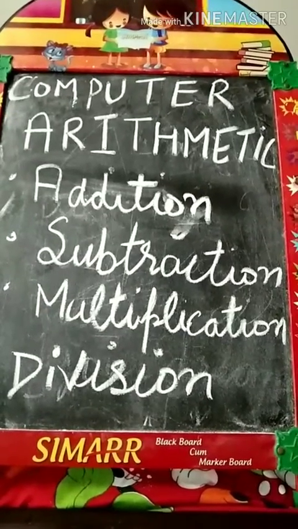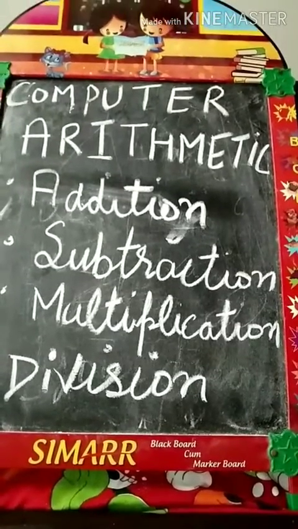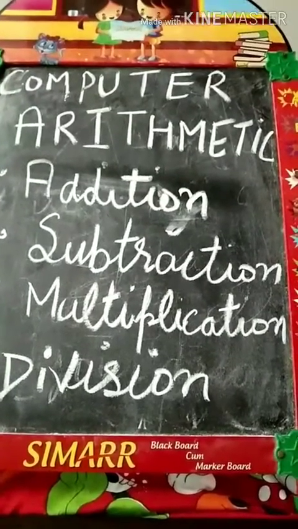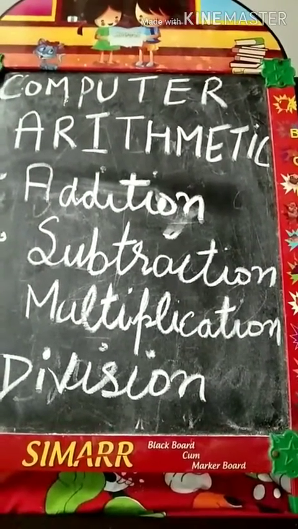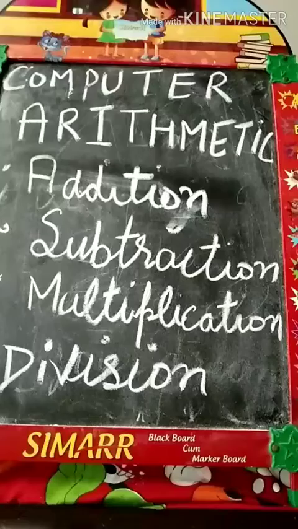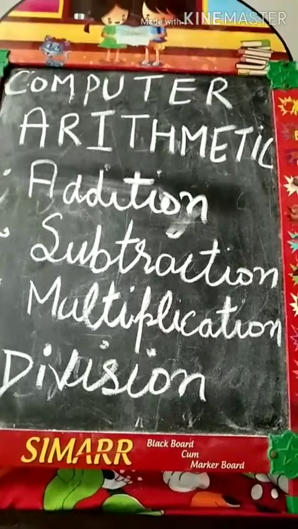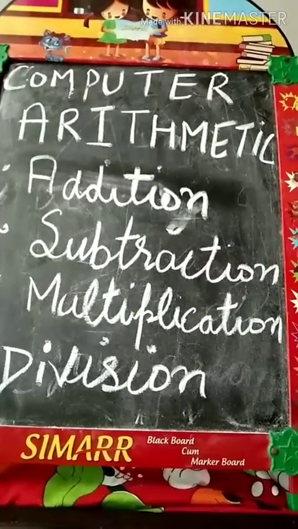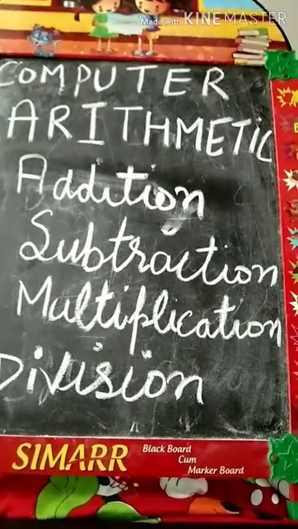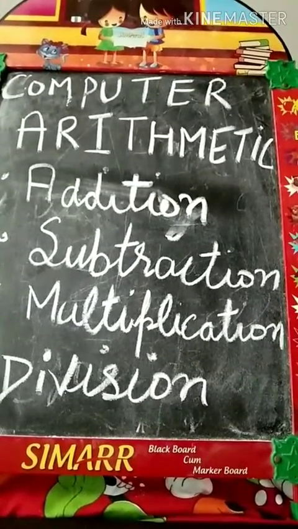Today we are going to start the remaining part of our chapter, the binary number system. We are going to start one topic from your chapter, that is computer arithmetic. Students, a computer understands only binary language. The data given by the user is converted into binary language for processing, and this processing may involve various kinds of arithmetic operations, like addition, subtraction, multiplication and division.